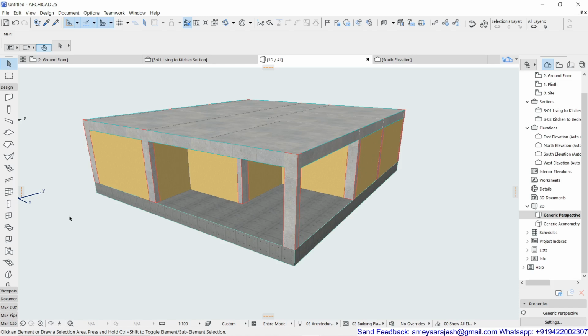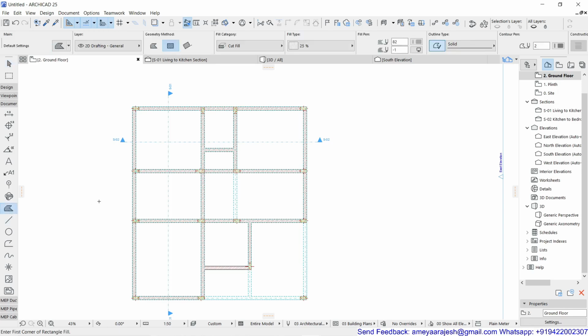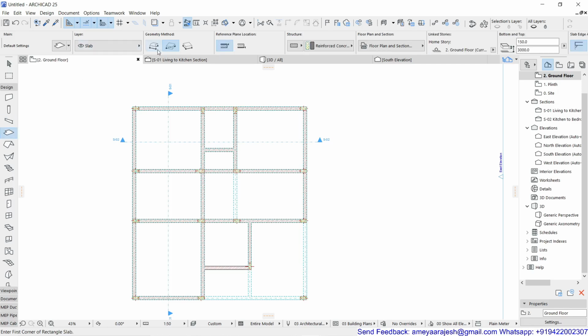So one should always understand that if you work with the field tool and in the same way if you work with a slab tool, the geometry method for the construction or the editing techniques are going to be quite similar. So it's a very simple and quick way to edit the slab, especially when you talk about changing the